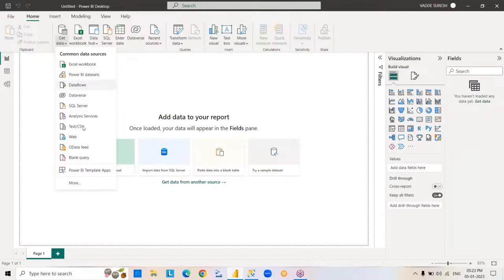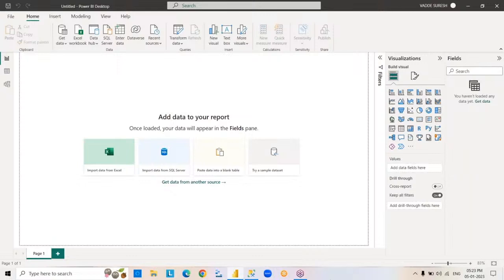By connecting to these data sources only, we can copy data. In the same way, before copying data from this source, we have to